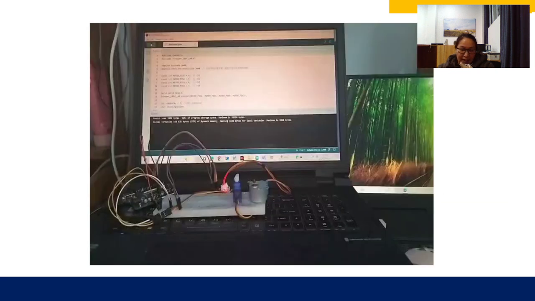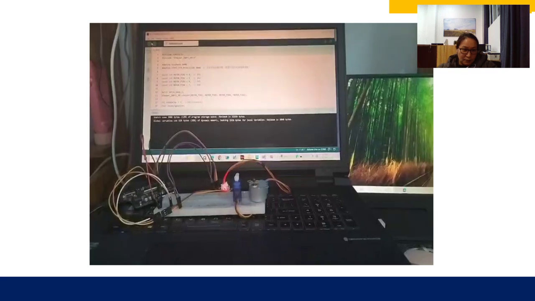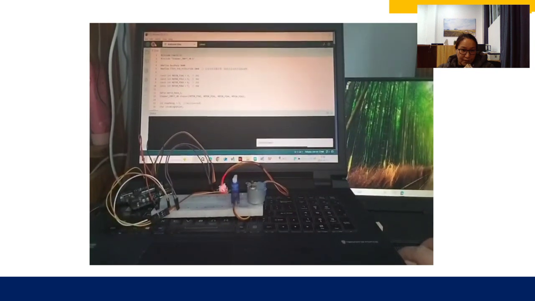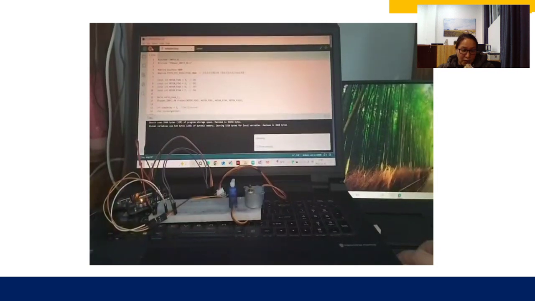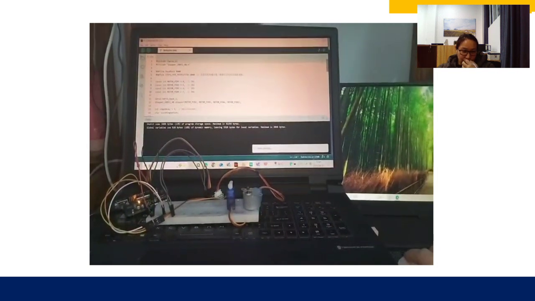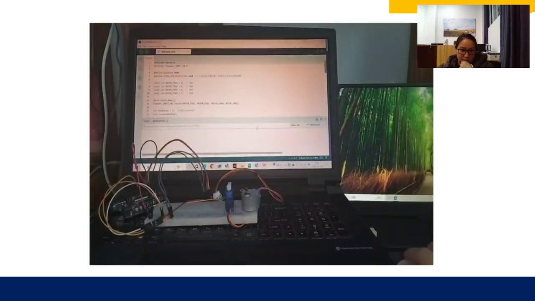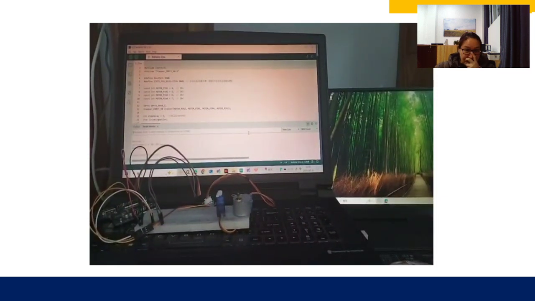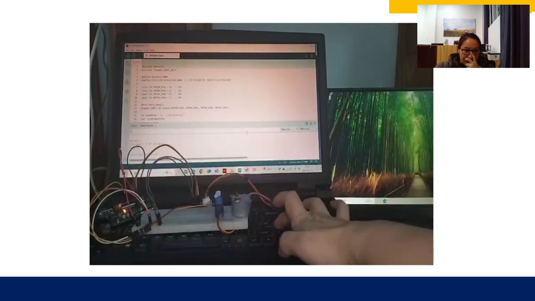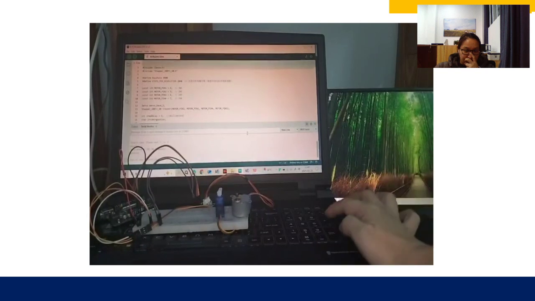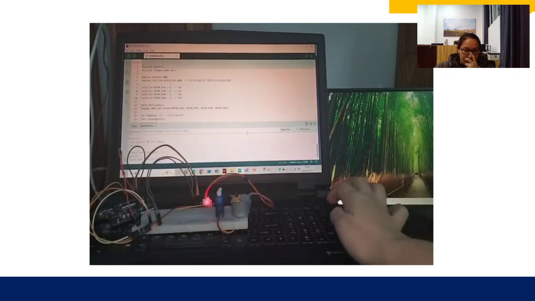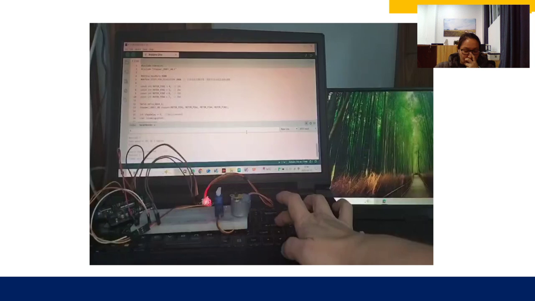Now, let's see the physical video. After uploading the program to the Arduino, we enter the number 1. The stepper motor will move. We enter the number 2. The stepper motor will move backward.